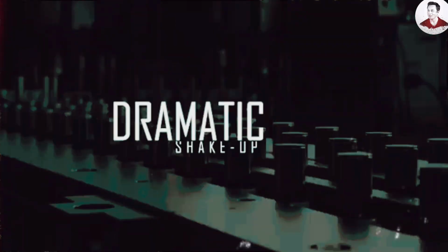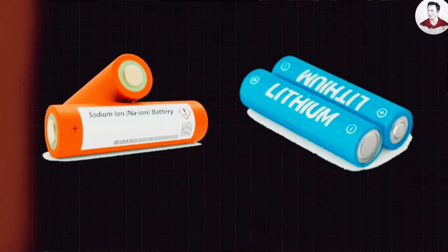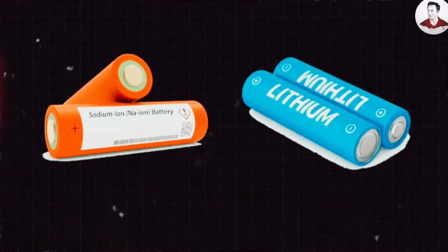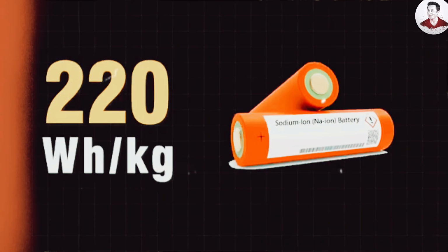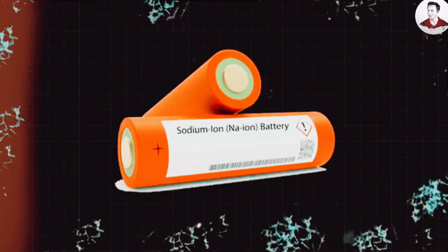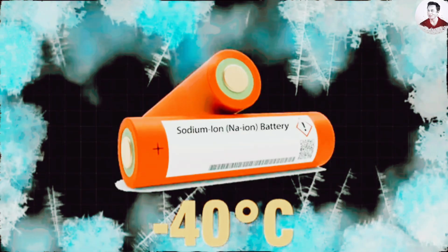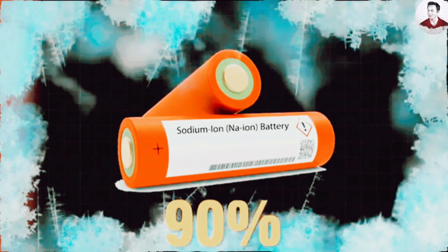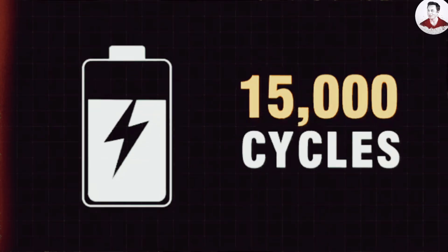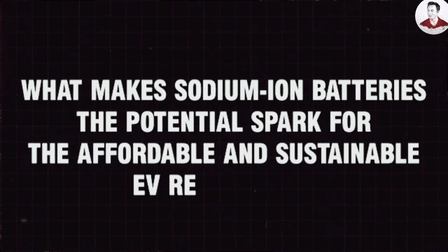Brace yourselves, the battery industry is on the verge of a seismic transformation. By the year 2026, sodium-ion batteries are set to challenge and possibly surpass lithium-based technology. These next-gen batteries deliver an impressive energy density of up to 220 watt-hours per kilogram, remain functional at freezing temperatures as low as -40 degrees Celsius while retaining over 90% of their power, and boast an outstanding endurance of up to 15,000 charge cycles. So, what makes sodium-ion the breakthrough we've all been waiting for in sustainable and affordable electric